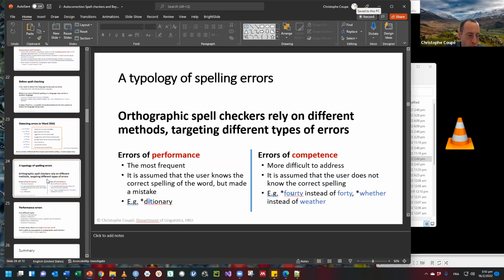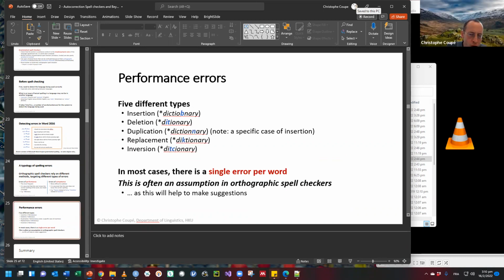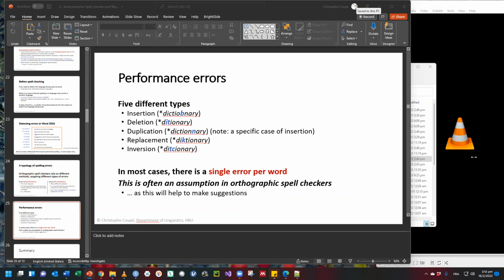And then actually we can distinguish between errors that you make, but actually you know the words, but you just didn't type them right, for instance, and errors when you don't know the words. And I told you the computer doesn't know which error you are making, but usually it's easier to correct errors of performance than errors of competence. And usually the kind of things you do is that